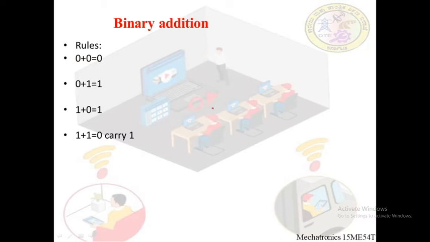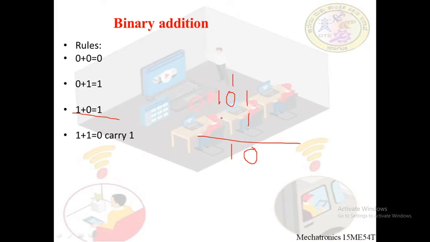Now let us take one more example. Let us say we want to add 101 to 1. 1 plus 1 is 0 and carry 1. 1 plus 1 is 0, carry 1 is generated. This 0 is added with this carry. 1 plus 0 is 1 only. Here it is only 1, no carry bit is generated because 1 plus 0 is 1 only, no carry.